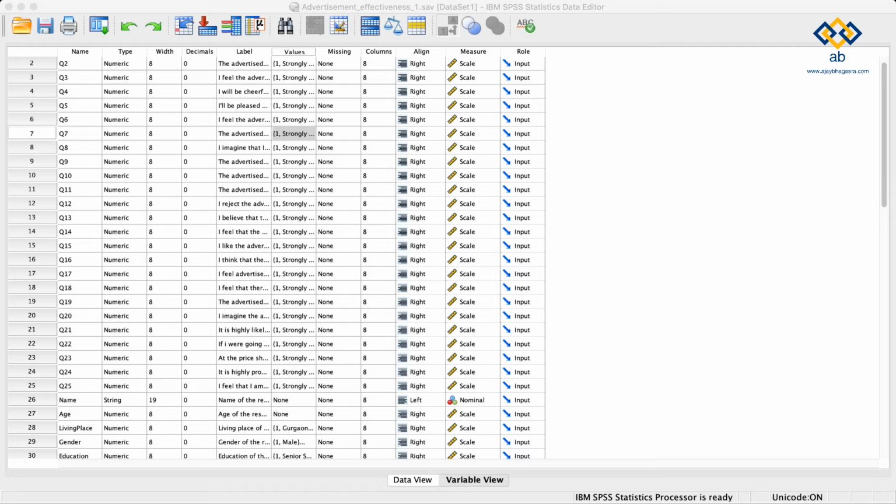Last time when we discussed this, I think I told you up to the reliability part. I told you how to measure the reliability of your data using SPSS. This is what we have done. We also talked about how we can do the further tests. So what I have done there is I have shown you